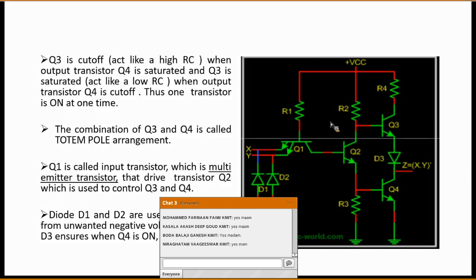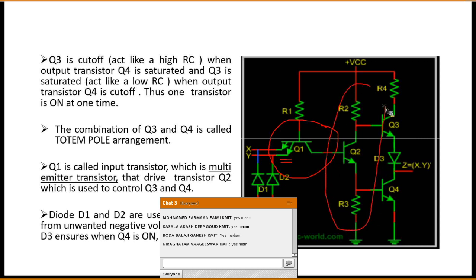The circuit is divided into 3 parts. Here you can see 4 transistors, and out of these, one transistor is peculiar in the sense that it has 2 emitters. So this transistor Q1 is called a multi-emitter transistor. Yes, there are transistors with multiple emitters. So here we are using a multi-emitter transistor, and the second set is